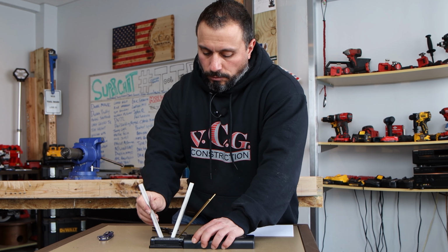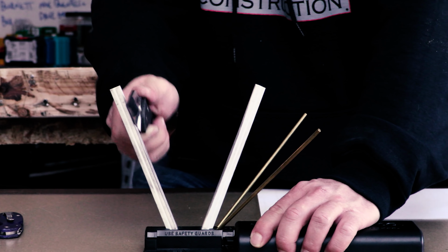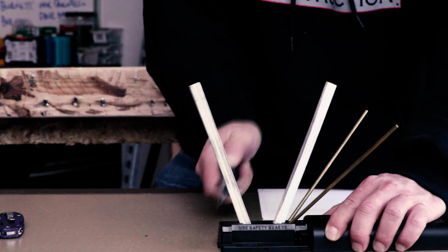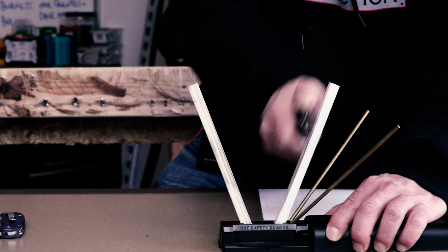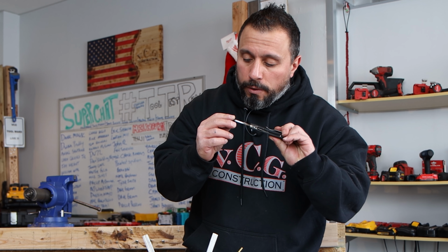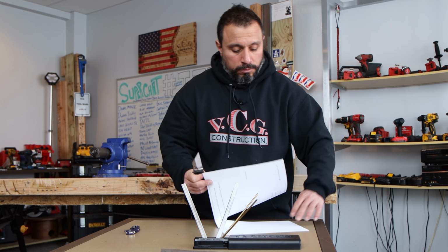Okay. And finally, the flat sides of the stones. And that should be all she wrote. That's the instructions from Spyderco. I will say that nick is pretty much out of the blade. It looks nice and honed, but